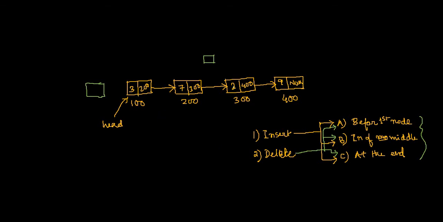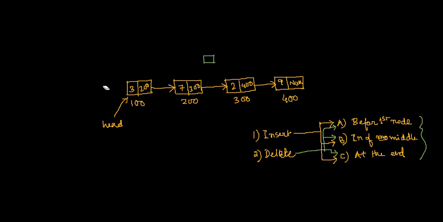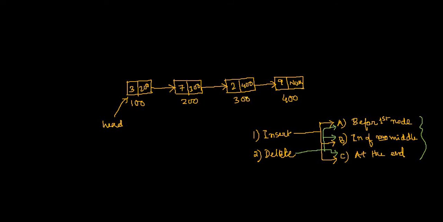Similarly, suppose you have an already created linked list, something like this. Forget about the other newly created node. If you want to delete the first node, that node will vanish. Obviously, the second node will then become the first node, so head should point to the second node. So in case of deleting the first node also, your head is changing.